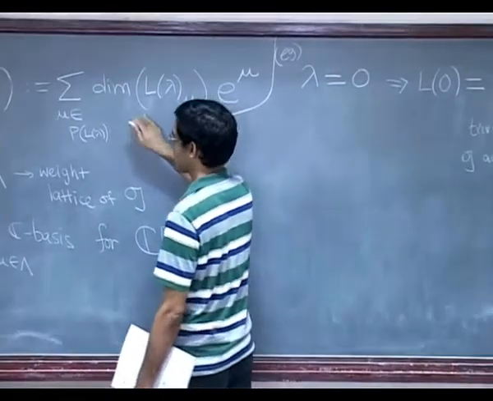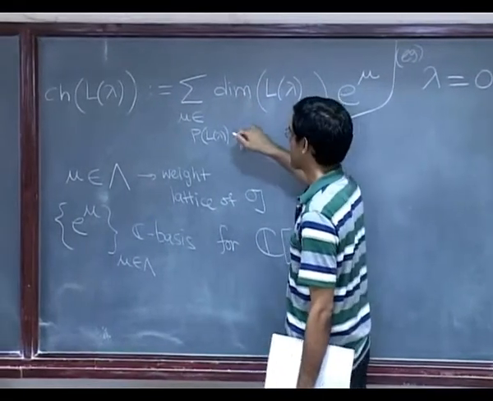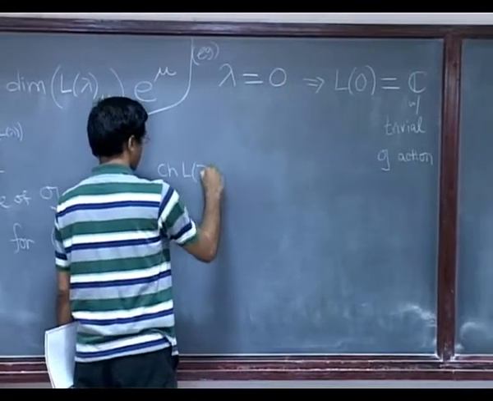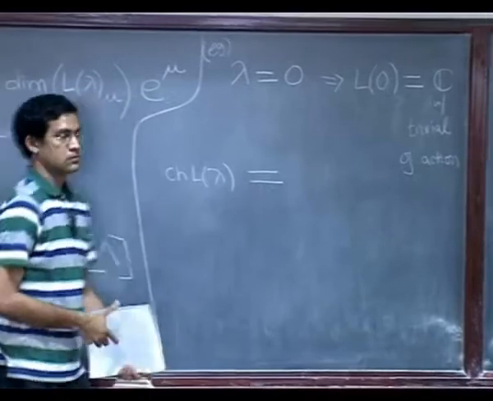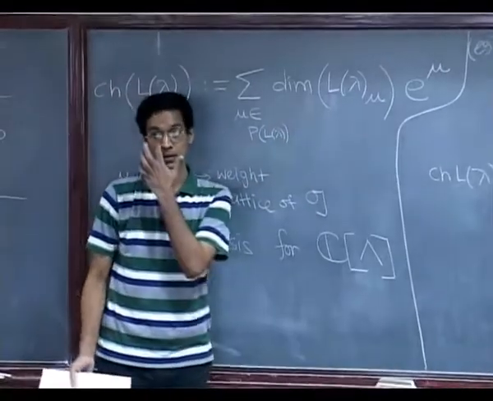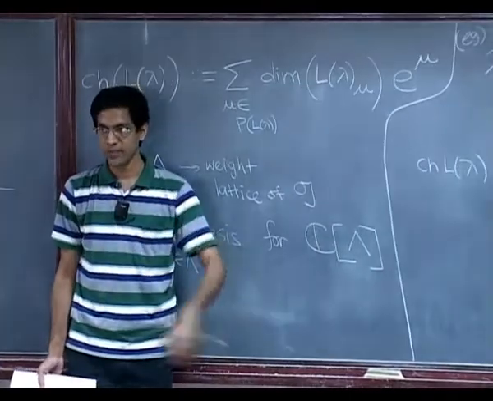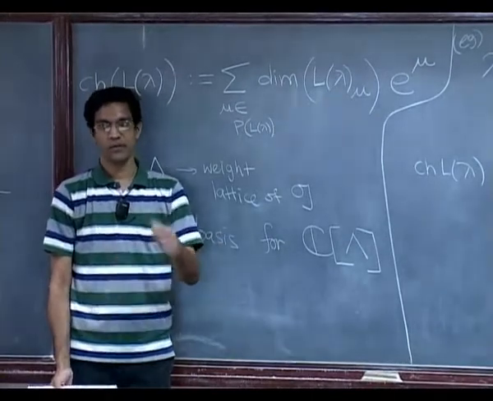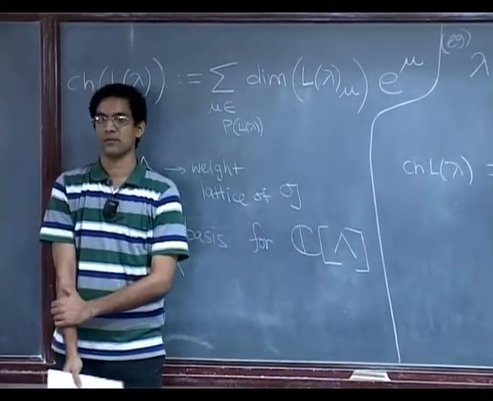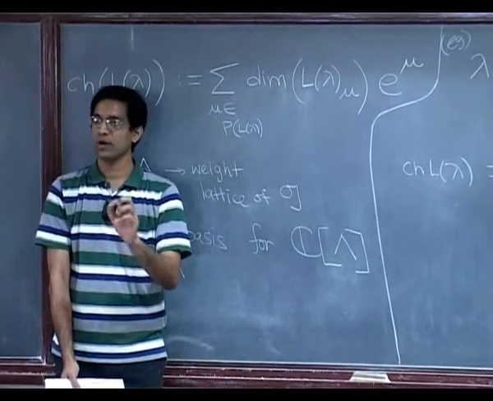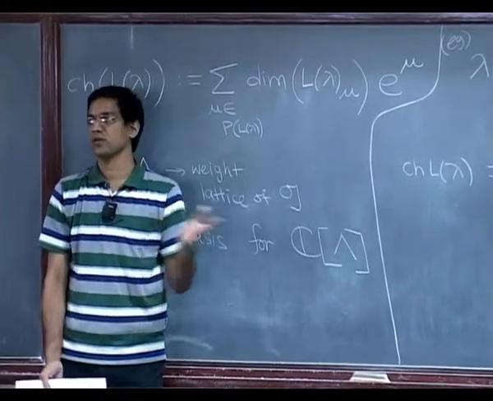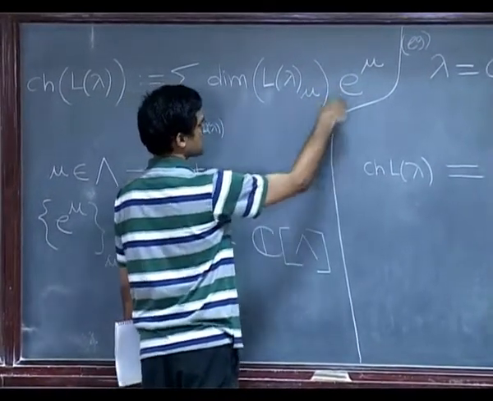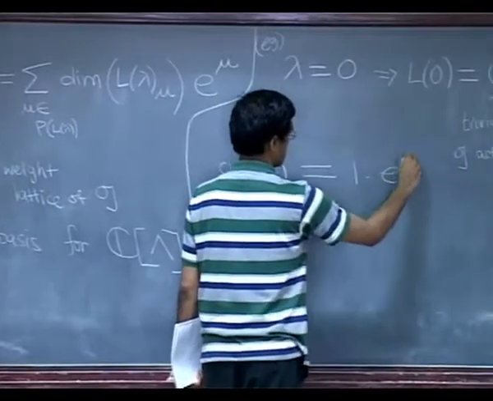The advantage now being we also independently know what the left hand side, the character of L lambda, is. So observe, what would the character of L lambda be? Let us apply the definition. We had to first decompose the representation into weight spaces, and see what all the weights are which appear. Just one weight, 0. There is only one weight space, a one dimensional weight space corresponding to the weight 0. There are no other weights which appear. And you must form this generating series over all weights, dimension of that weight space times e to the mu. So it is just 1 times e to the 0. That is the only thing you get.